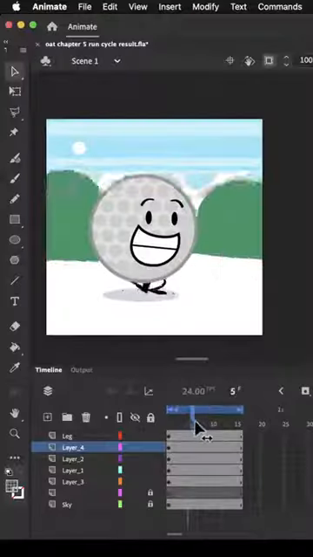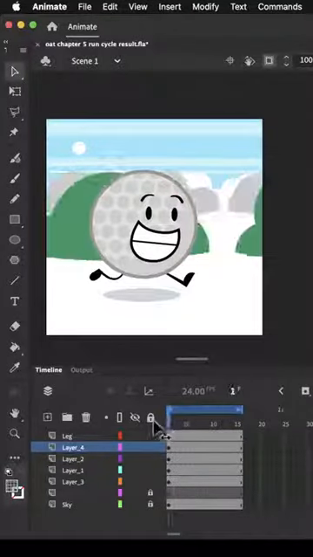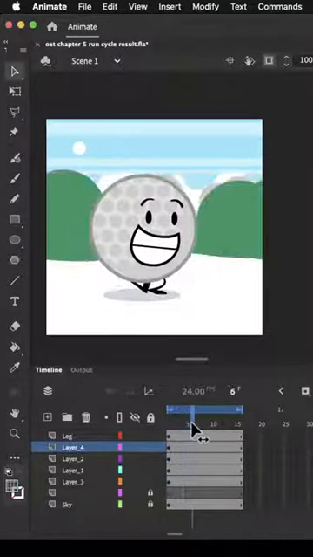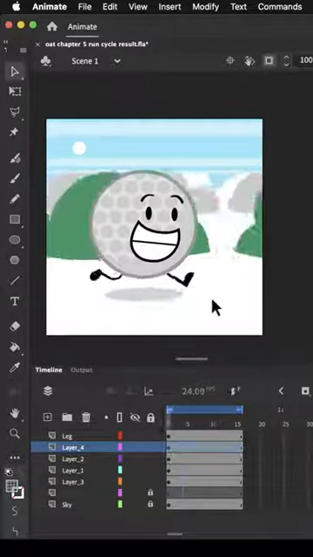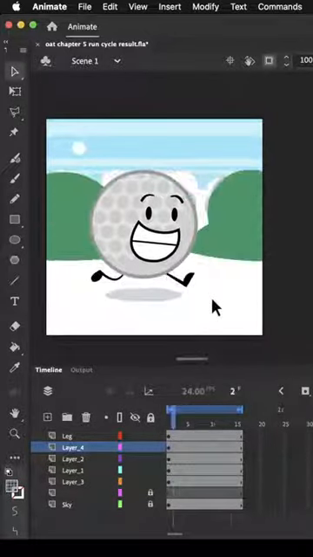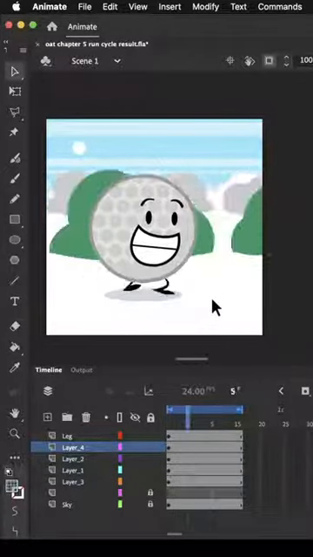We want it to be aligned with the center of our character's body, since that's the part that's doing the most to contribute to that shadow on the ground. Now, I can scrub through our frames to see where our character's feet make contact with the ground, like that. And we can use that as a guide for positioning our shadow. Now we have our scene fully set up with static elements that are going to show off our shaking camera